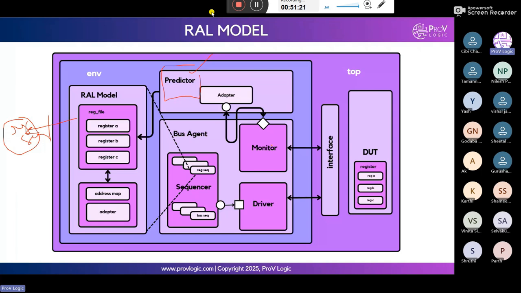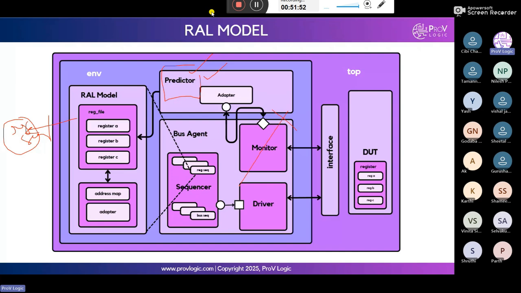In automatic prediction we don't use the predictor separately. Whatever the monitor data is there will be detected, but the register model doesn't detect the binary data. That's why one limitation in auto prediction is it fails to observe the bus operation that does not originate from the register. So auto prediction we mostly don't use.